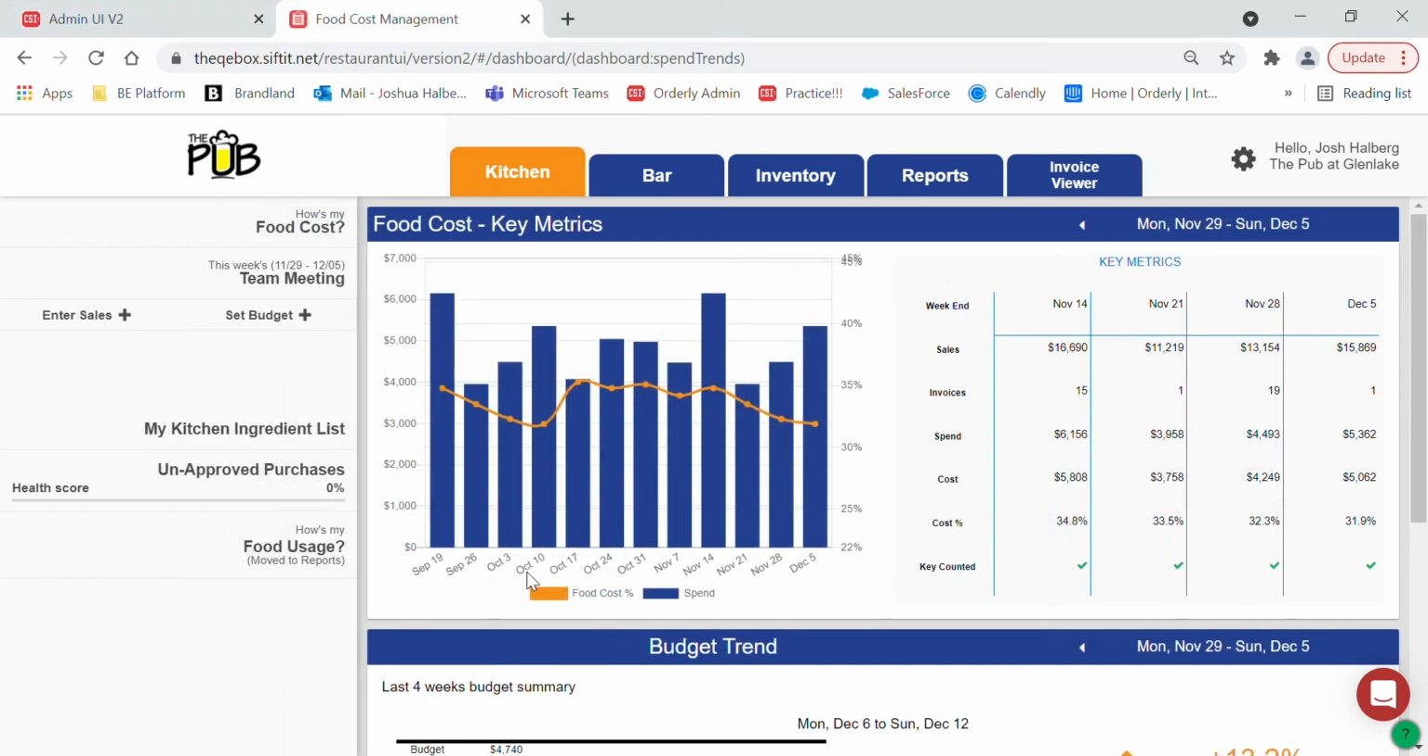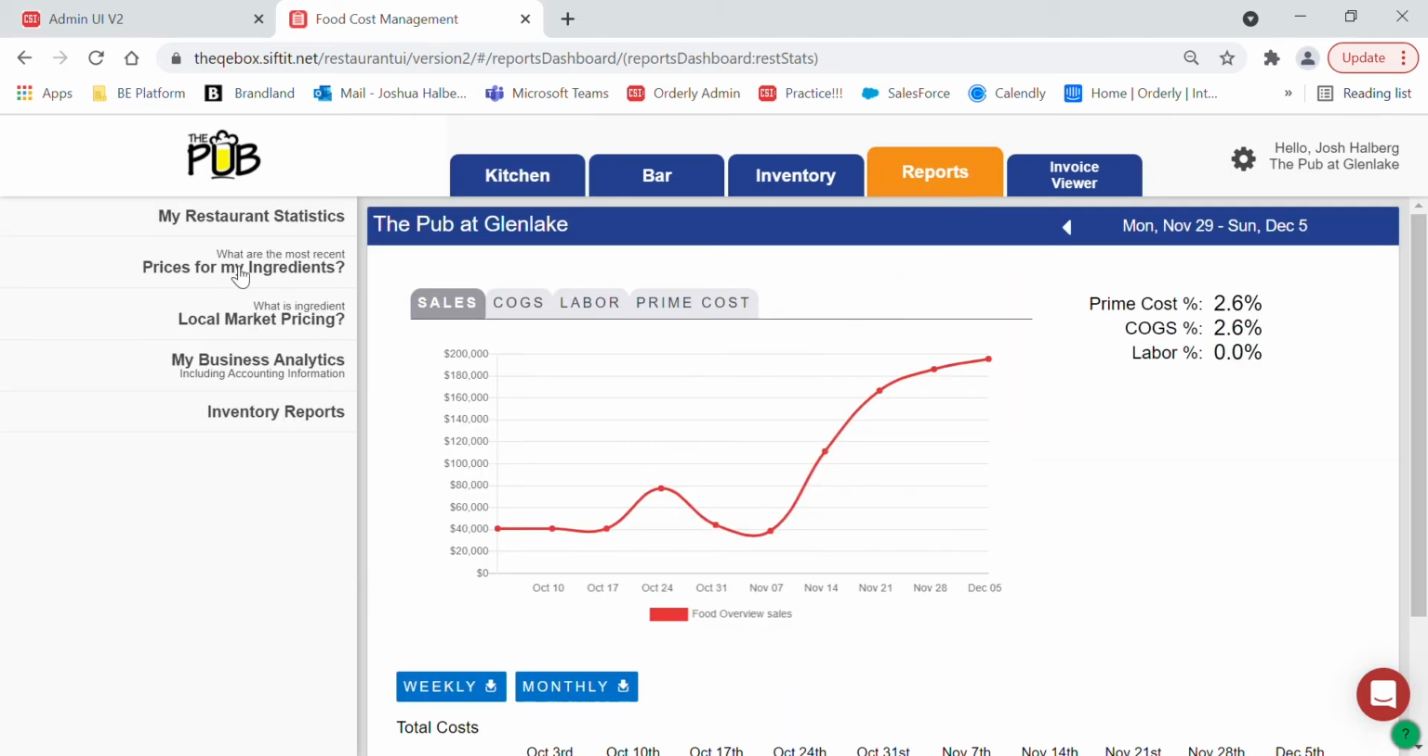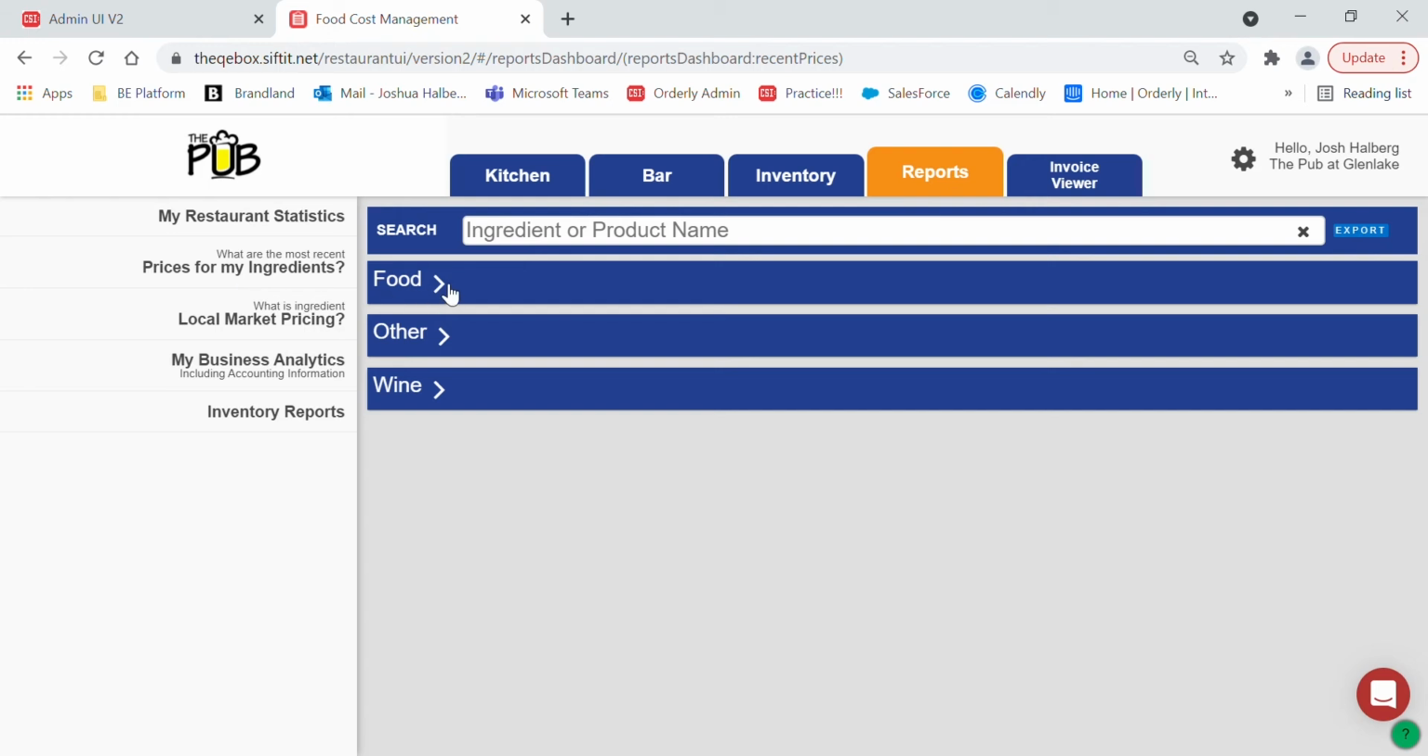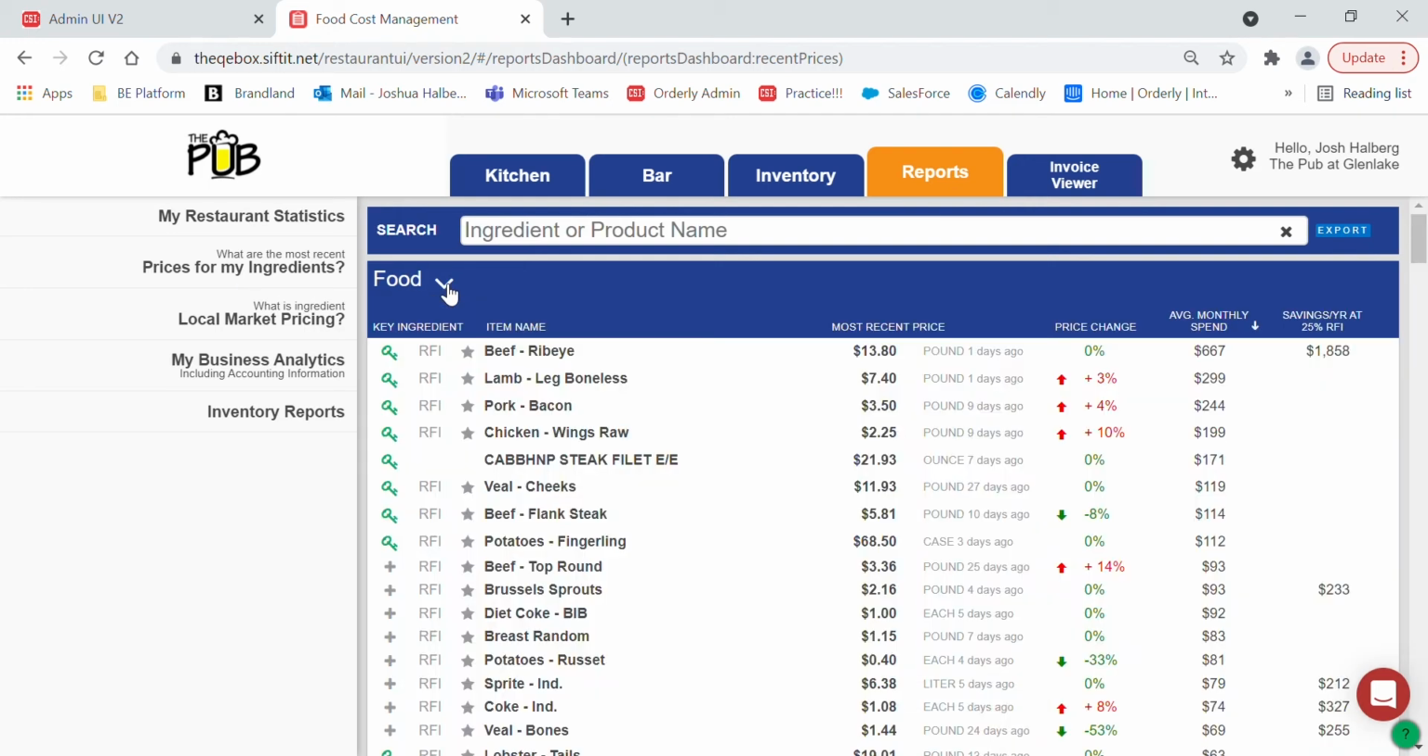The next report that we are going to look at is Prices for My Ingredients. To access this report, we'll hit Reports on top, Prices for My Ingredients on the left, and today we'll be focusing on food. While Orderly gives you a variety of ways to filter this report by clicking the white headers on top, such as item name, most recent price, and price change,